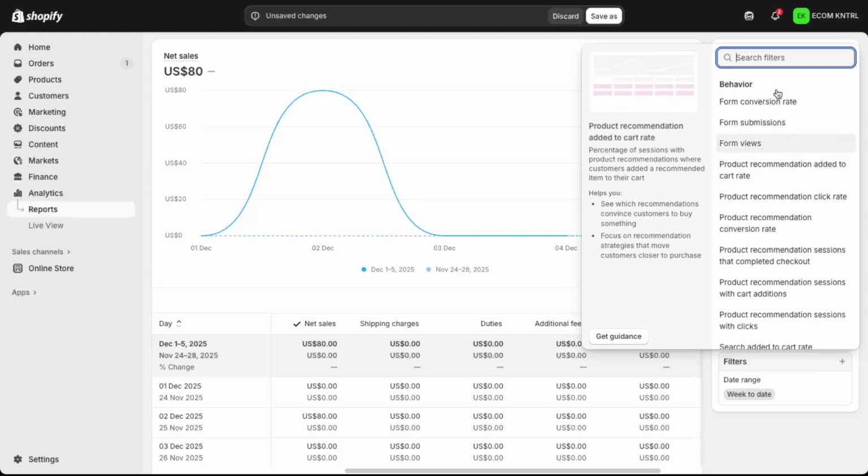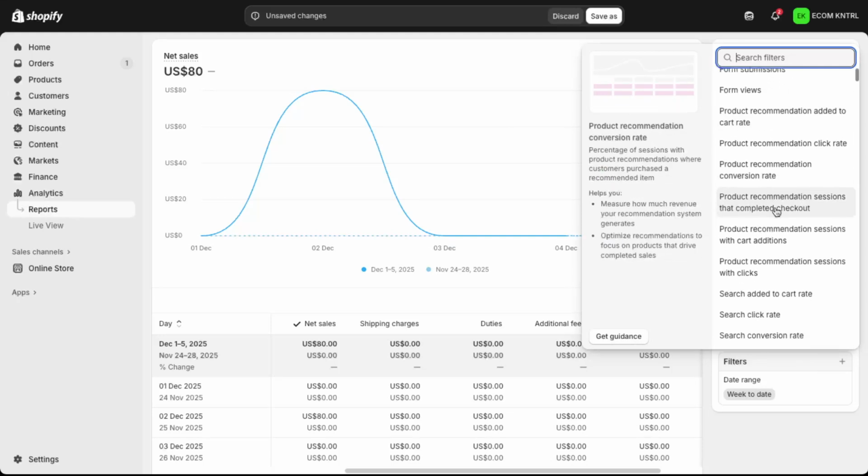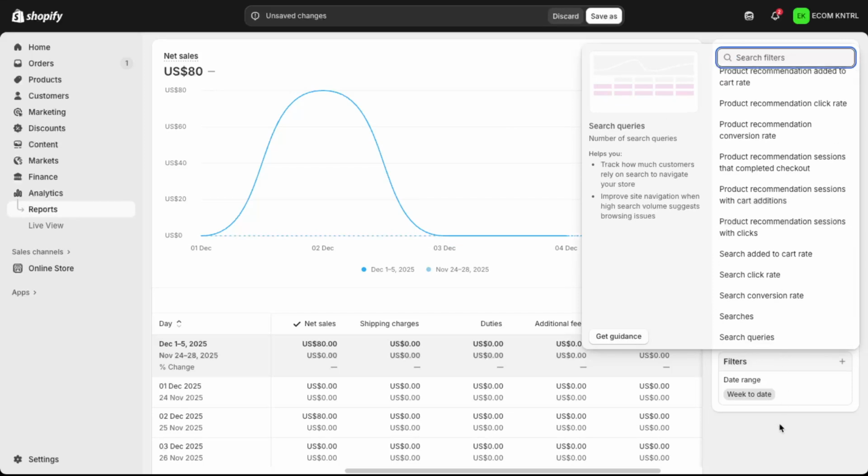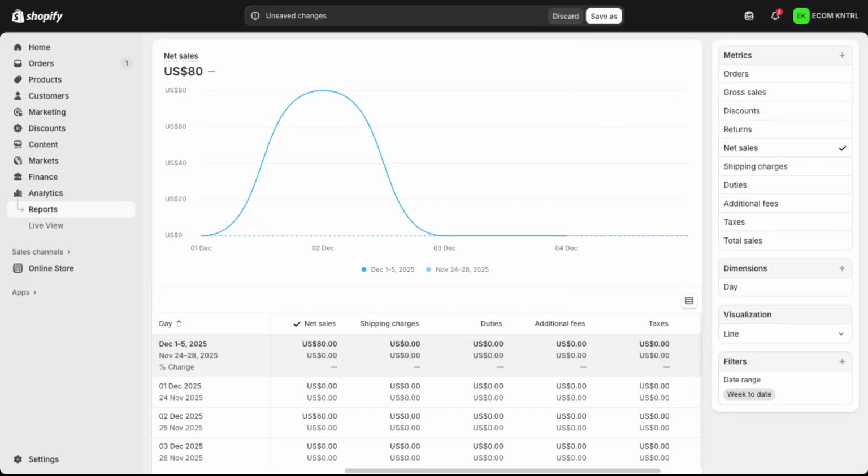And that's it. By navigating to your Shopify dashboard, opening Analytics, and using the Total Sales Over Time report, you can quickly and accurately check